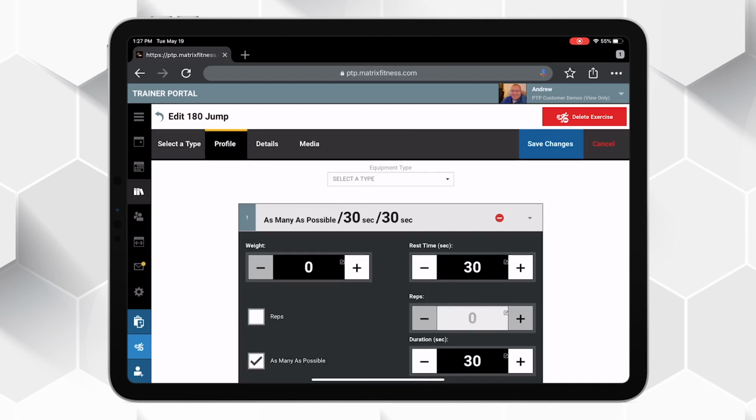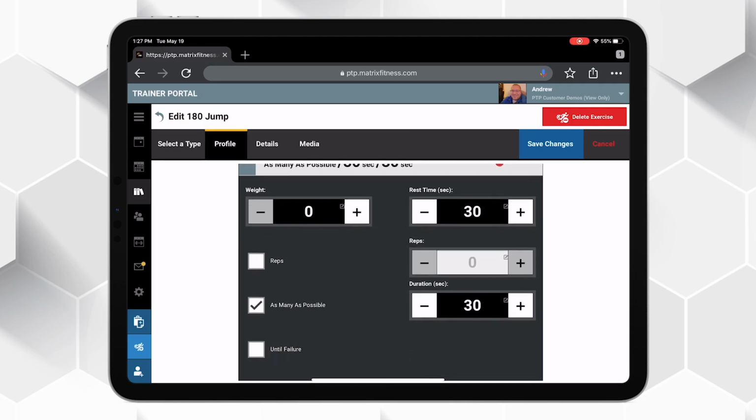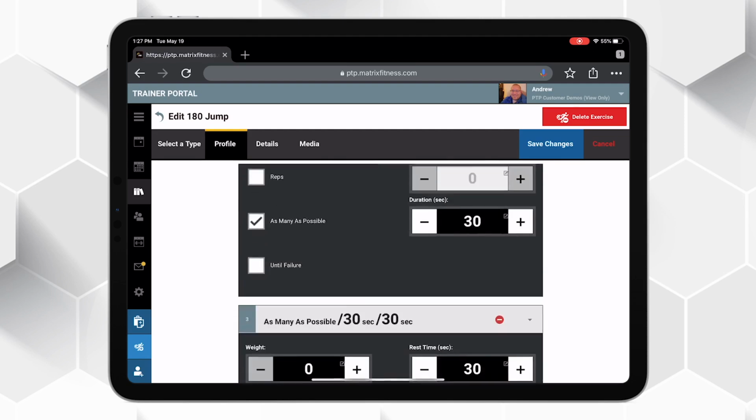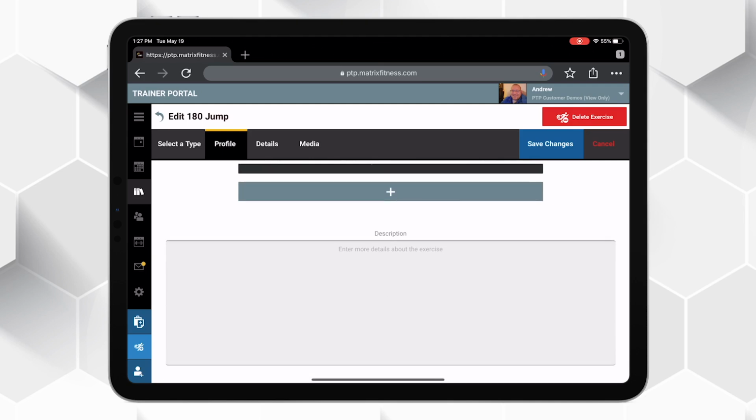In the case of a functional movement, we now have the ability to enter a weight or leave that blank, and determine if this is reps based or as many as possible, more of that duration based movement. And we also have the option for until failure, which will allow a member to go until they can't go anymore. You can then determine how many sets or rounds they do and add any additional description that might be